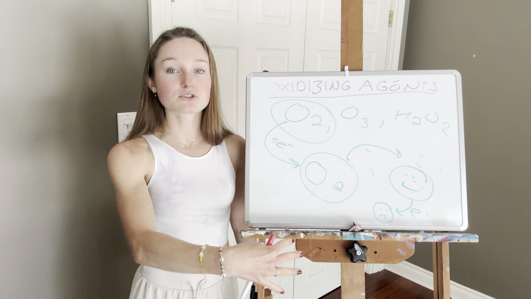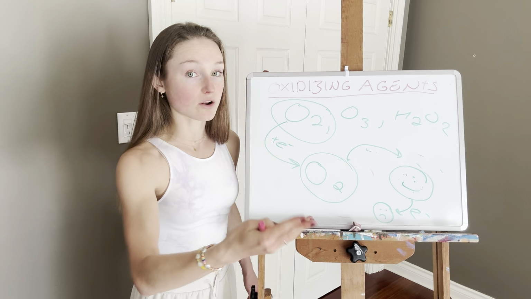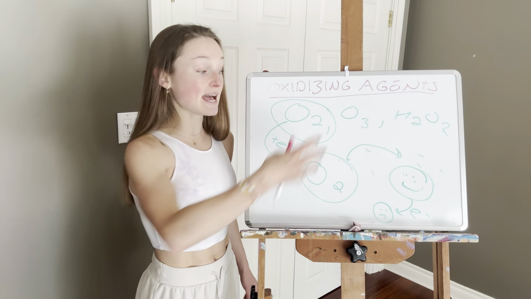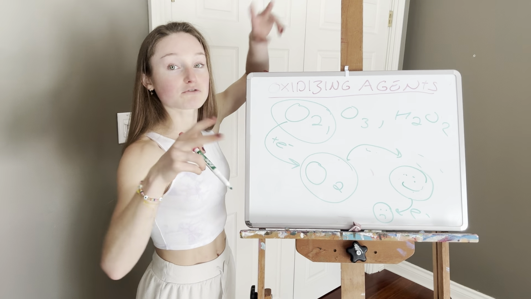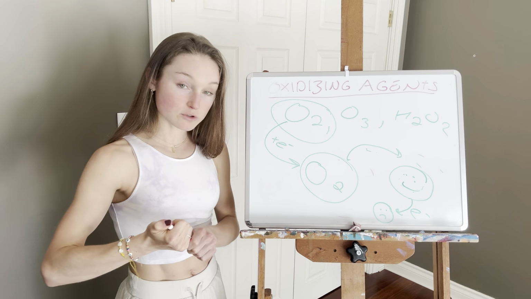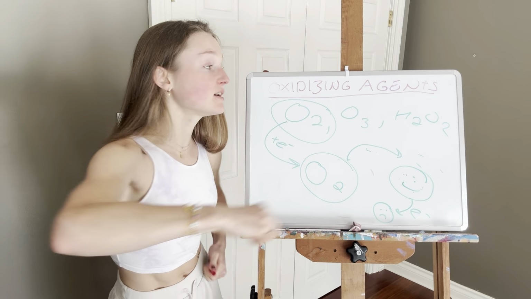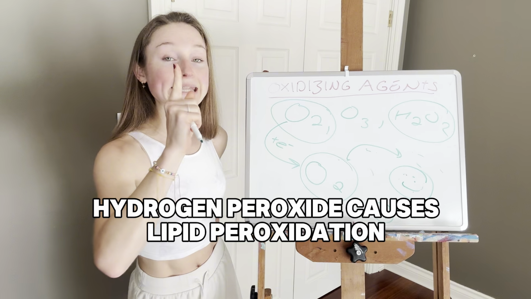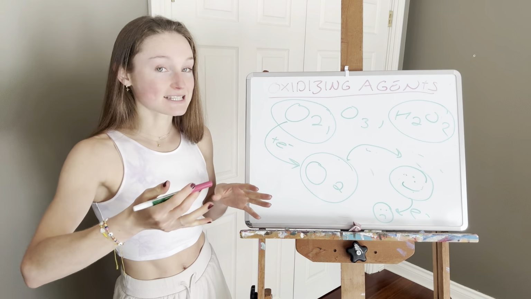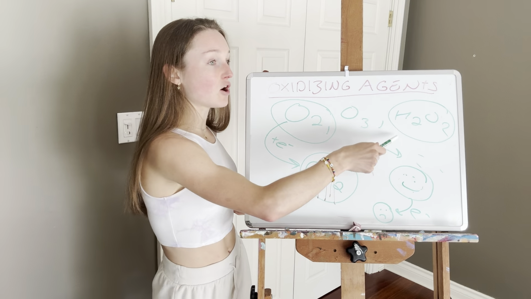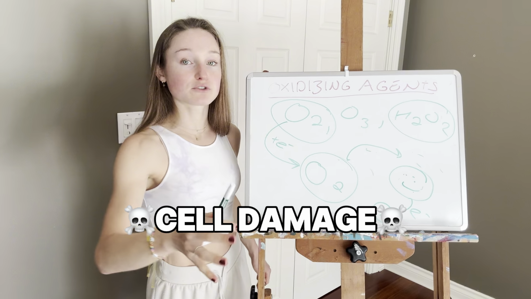And this radical chain reaction will literally just propagate. It just goes on and on until some antioxidant shows up and neutralizes the free radical situation. So those are biologically relevant oxidizing agents. One more thing, actually. Hydrogen peroxide causes lipid peroxidation, so it is oxidizing lipids. It can be a cause of oxidized cholesterol, and it can be a really big disaster for cell